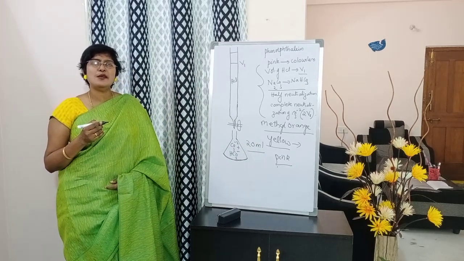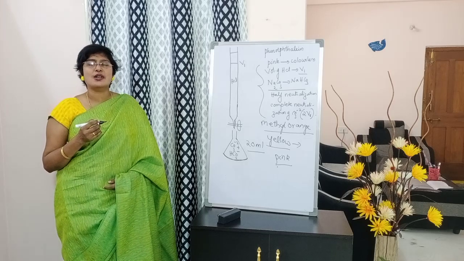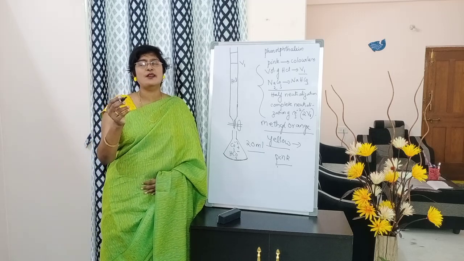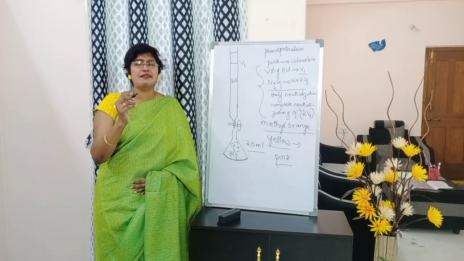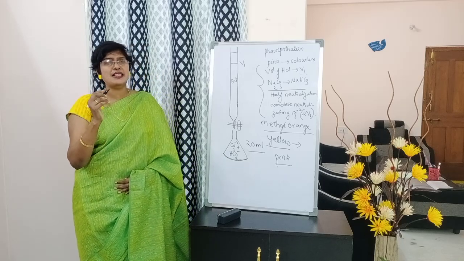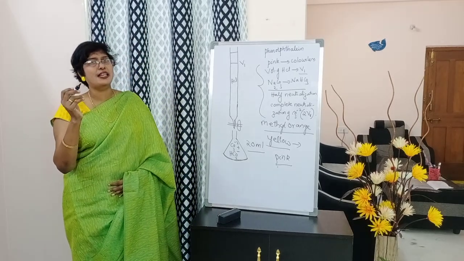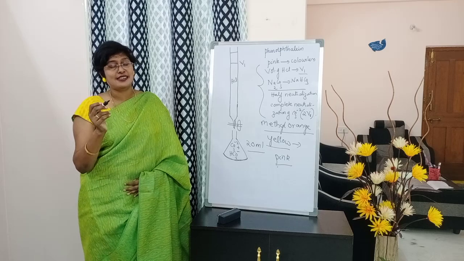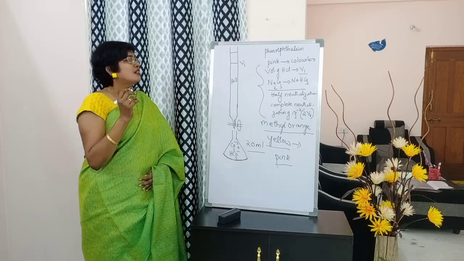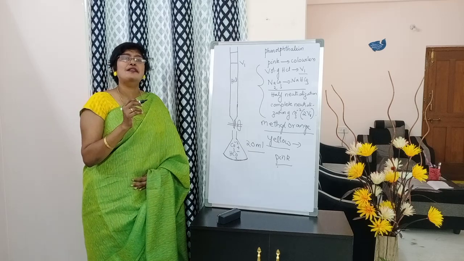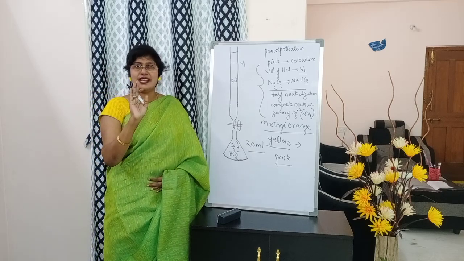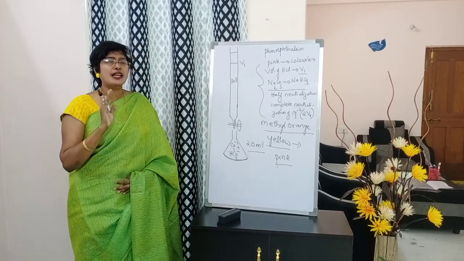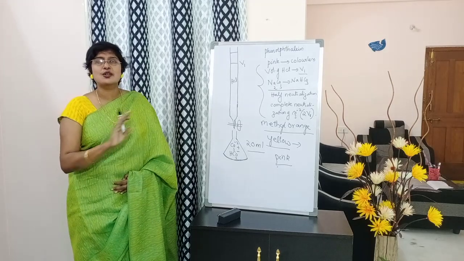Okay. What is the first end point? Pink to colorless. What is pink to colorless? Half neutralization of Na2CO3 to NaHCO3. There you are noting down the value as V1. So V1 is the volume of HCl required for half neutralization of Na2CO3. Repeating again and again, don't get bored, as this is a complicated principle. I am repeating this many times, students. So if V1 is half neutralization, 2V1 is complete neutralization. Fine. Next we are adding methyl orange. Okay. So we started titration. At one point the yellow colored solution turns into pink color. Stop the titration.